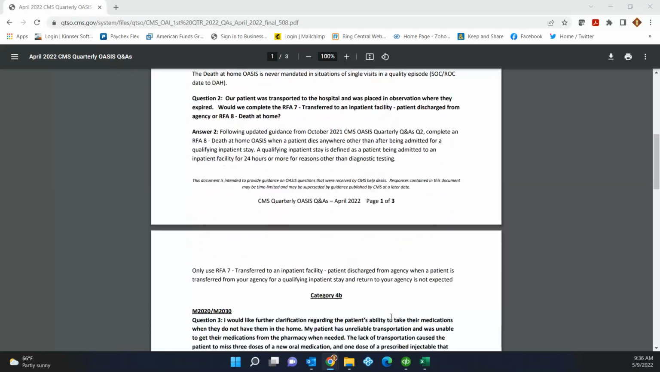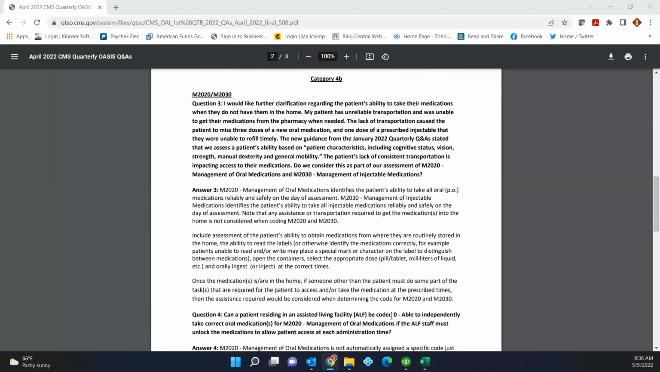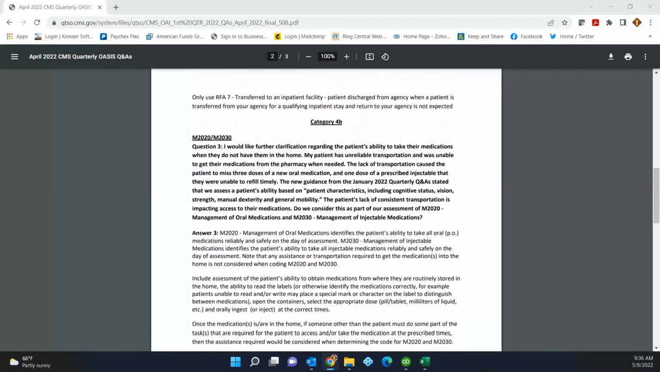The next section got back on the medication train, and anyone who looked at the January Q&As, it was kind of like, okay, was this really a bunch of different people asking the question, or was it the same person asking the question multiple different ways? And each time they asked the question, it looked almost like a cut and paste response from CMS about what to do here. And the bottom line was, when you're assessing item 2020 and 2030,